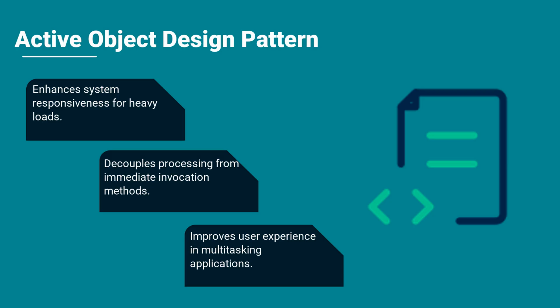The primary benefit of this approach is that it enhances system responsiveness, especially in applications that require multitasking or need to manage heavy loads of operations like server applications or graphical user interfaces (GUIs). By allowing the active object to process requests in its control thread, the main thread remains unblocked, leading to a more responsive user experience. Now let's take a look at the implementation of our ActiveShape class, which enables asynchronous drawing